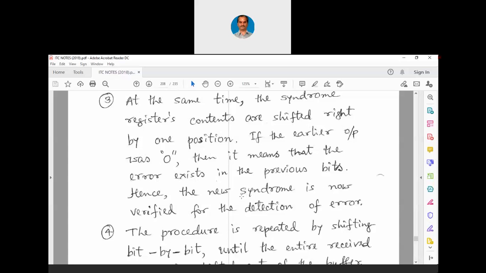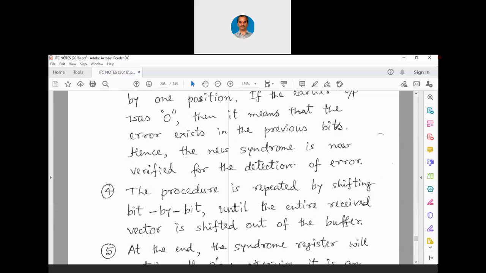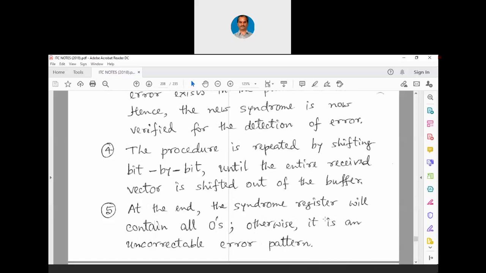The procedure is repeated by shifting bit by bit until the entire received vector is shifted out of the buffer. At the end, the syndrome register will contain all zeros. Otherwise, it is an uncorrectable error pattern. If the syndrome register contains all zeros, it means the complete received code vector either has no errors or the error was corrected. Now, if the syndrome register does not contain all zeros, then it means it is an uncorrectable error